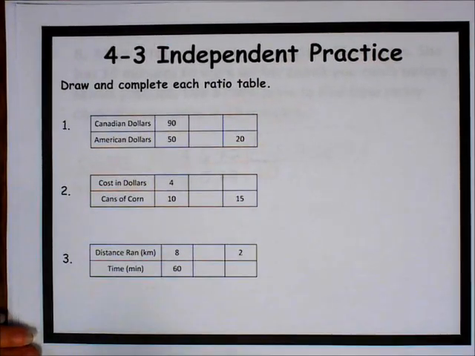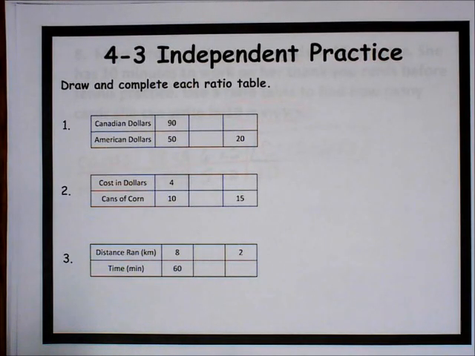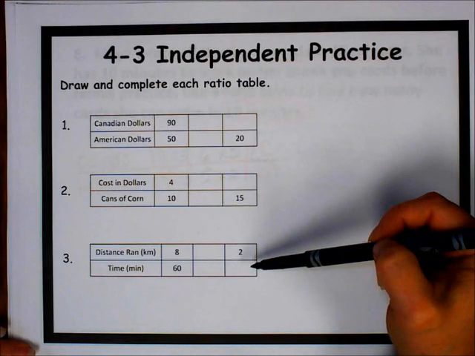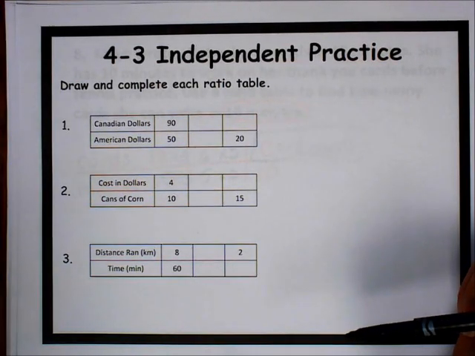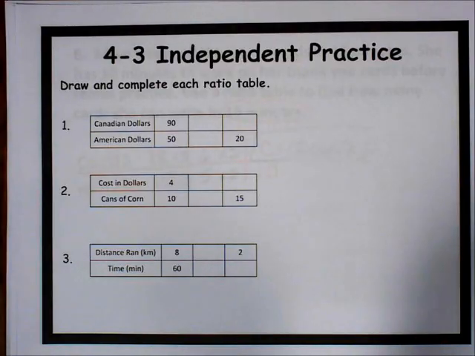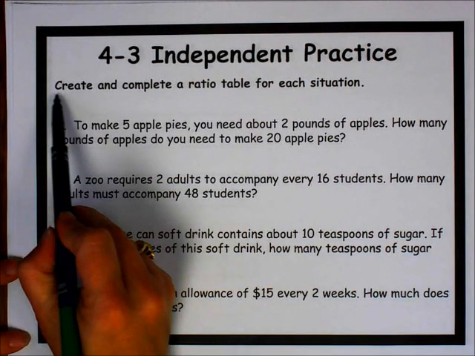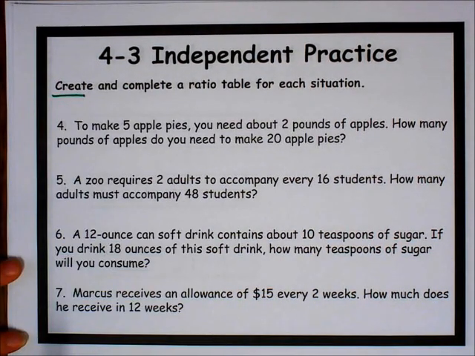Turn to your next blank page in your journal. Divide your paper into 8 equal boxes. On questions 1, 2, and 3, I want you to draw and complete each ratio table. Then questions 4 through 7, you have to create your own ratio table and then